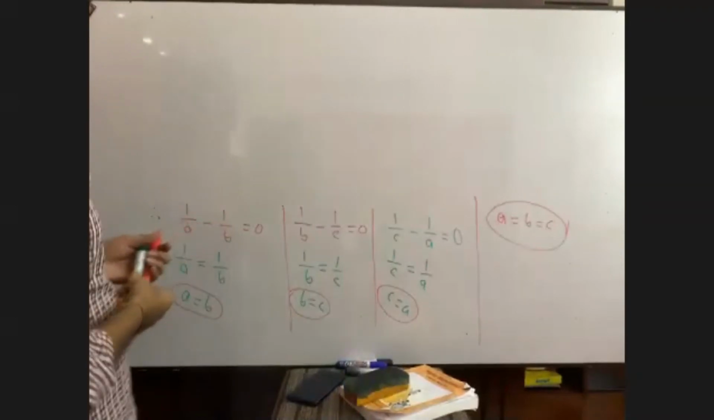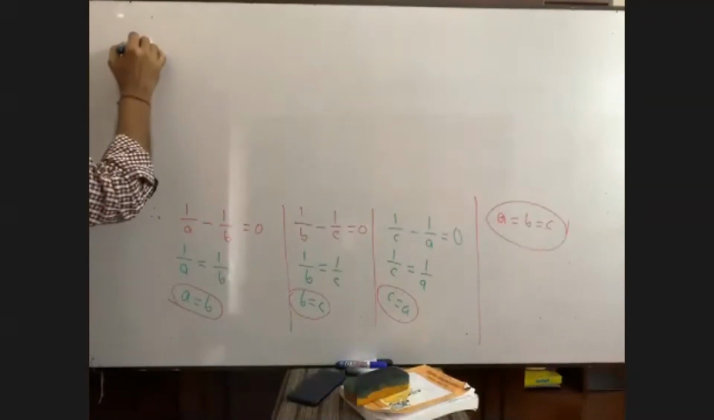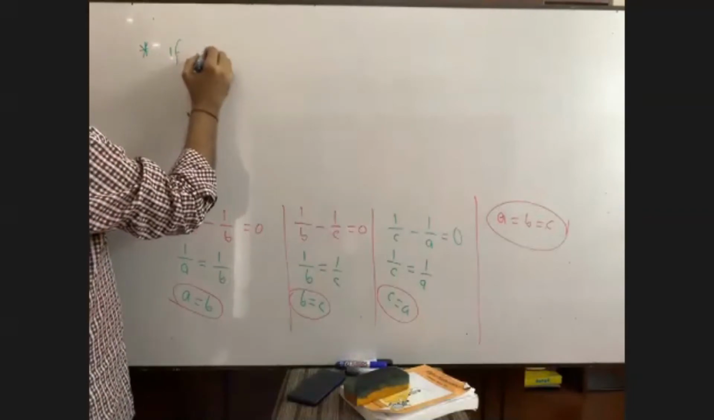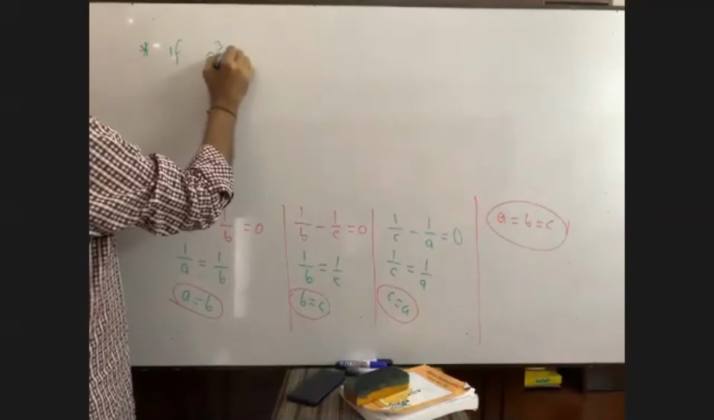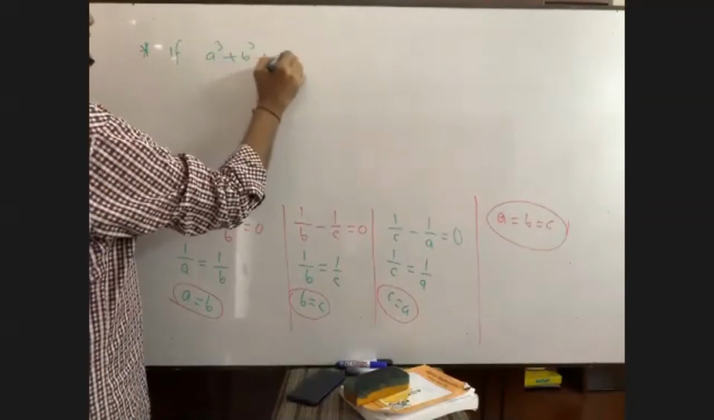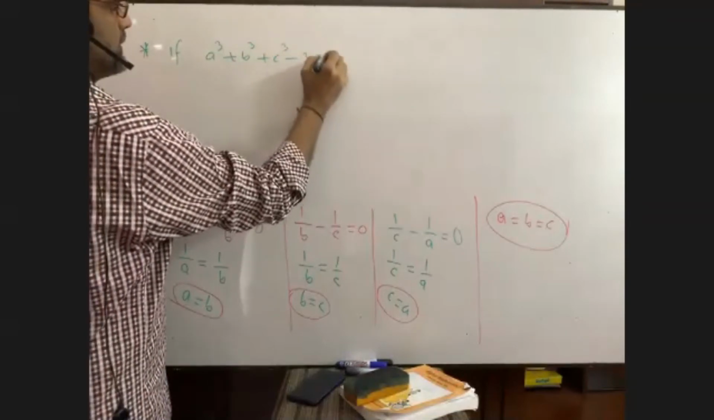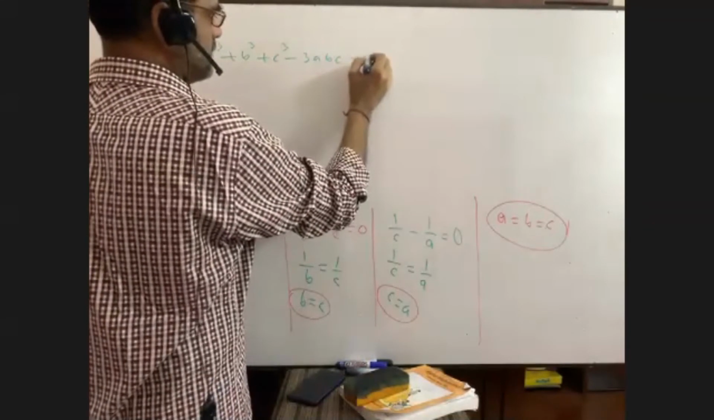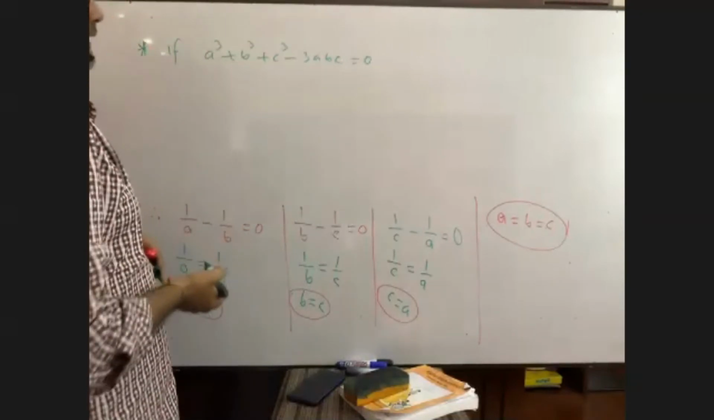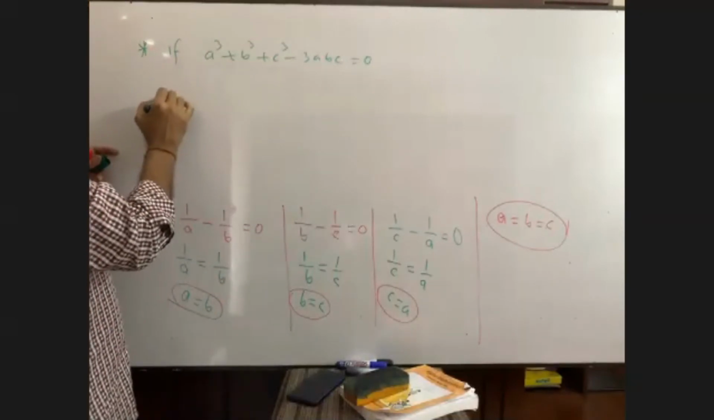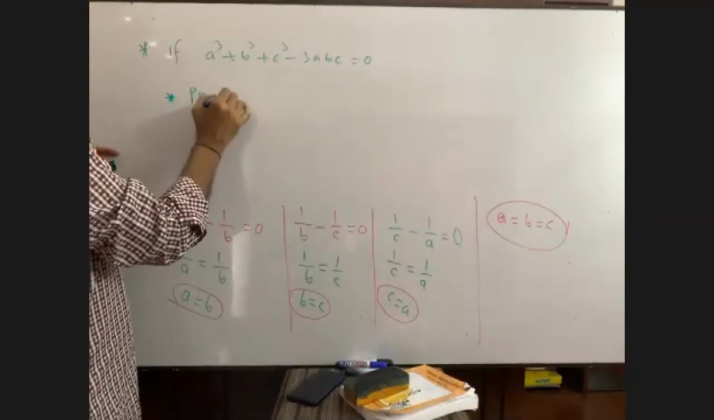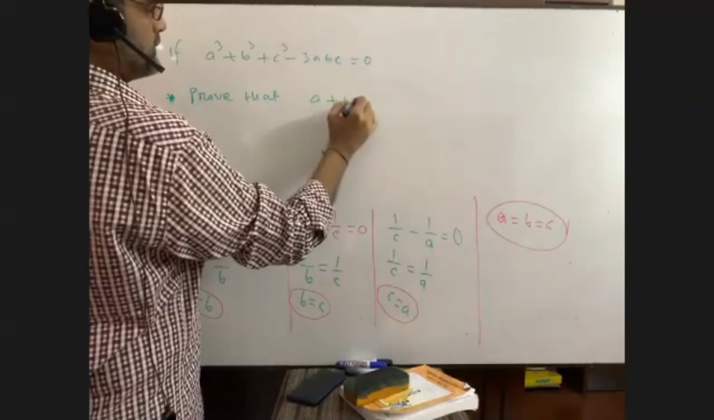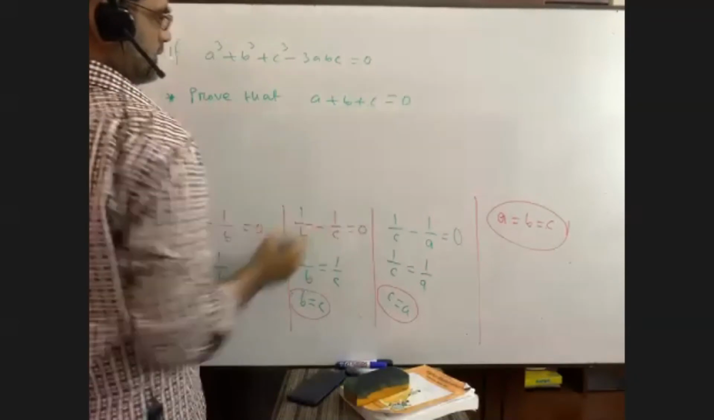Now another math. If a cube plus b cube plus c cube minus 3abc is equal to 0, prove that a plus b plus c equals to 0,